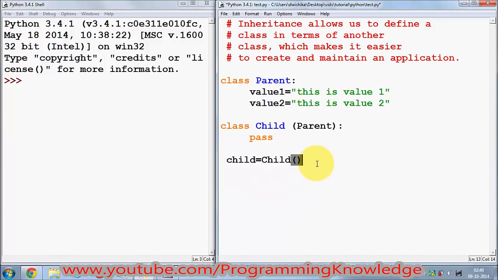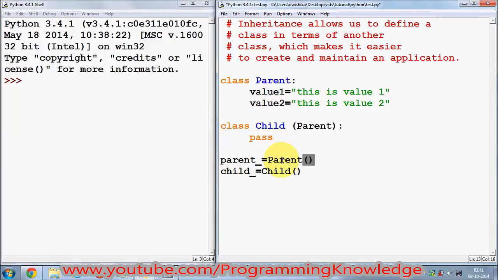You can just give an underscore to differentiate this instance from this class. But let's first create an instance of the parent class, and then we will create the instance of child. Parent, and parent is equal to